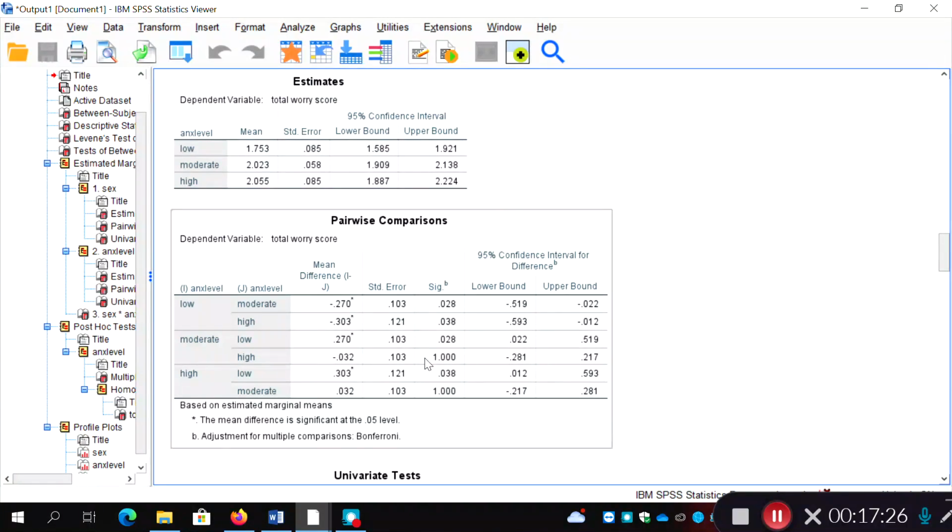And I guess we could have worked that out because there's only 0.03 difference between them in terms of the mean scores, 2.023, 2.055. And those two are not statistically significantly different. Okay, so